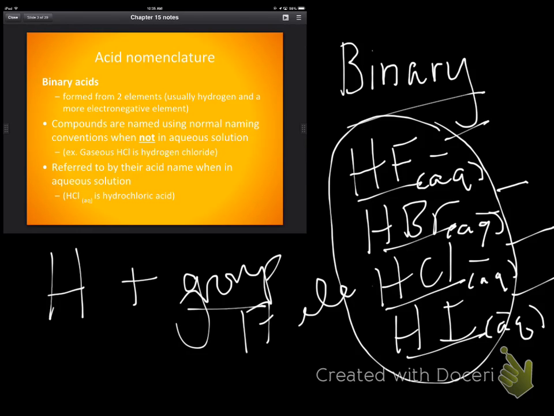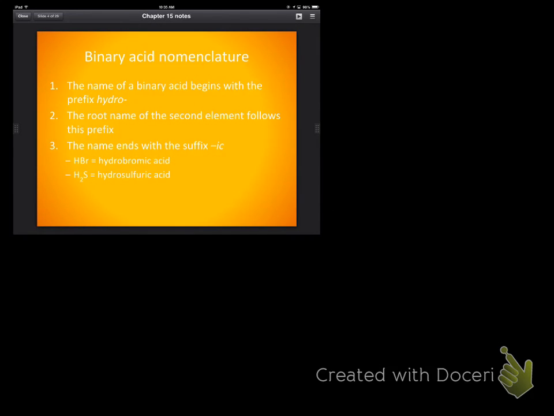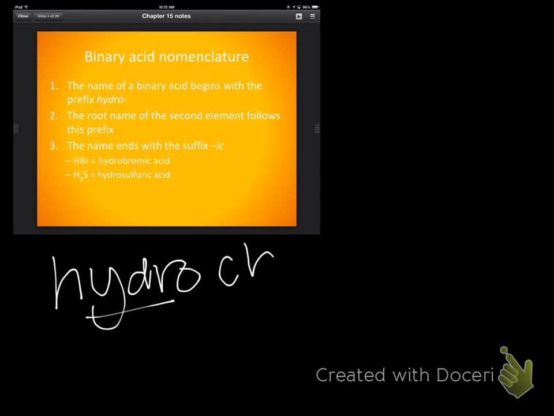So, is that reasonable? Seem simple enough? Okay, so just to formalize that nomenclature, anytime we have a binary acid, it begins with the prefix hydro, and then the root name of the second element with an ic on the end. So remember how we had specific endings for some of our ions, like nitride, nitrate, nitrite? With the binary acids, we have a specific ending, and it's IC. So hydrochloric